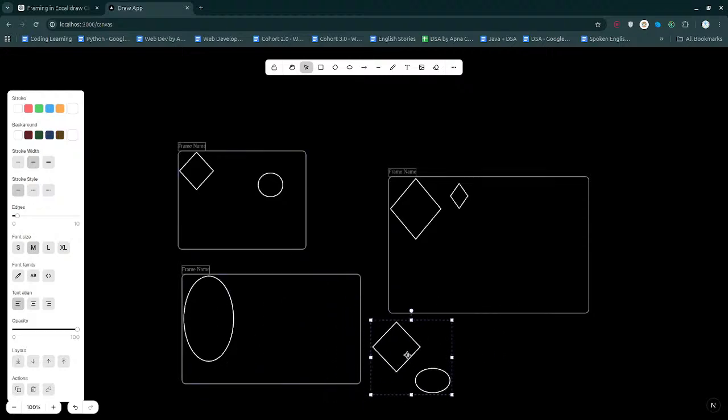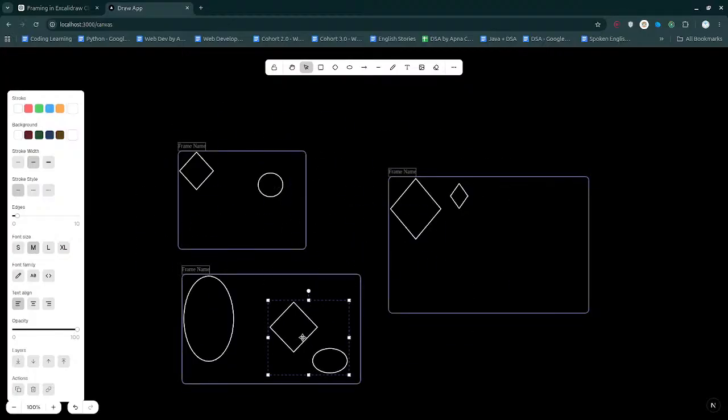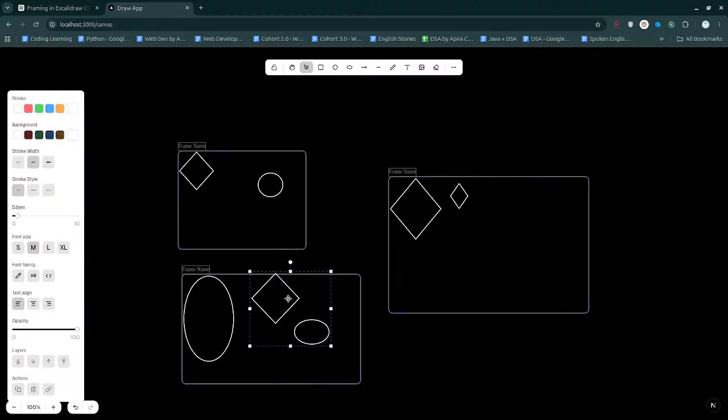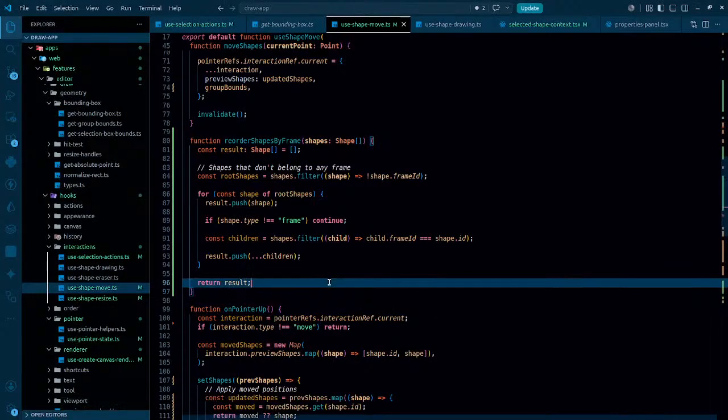That's another bug. Okay, this is working, that's fine, but the other bug is that whenever we hover over all the shapes, they just get highlighted. So we have to stop it from happening. The frame that's actually being hovered, so probably we can have the frame ID over there as well. So what we can actually do is